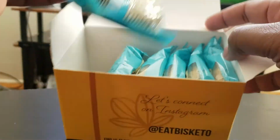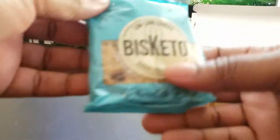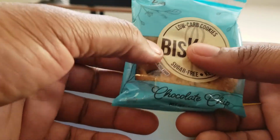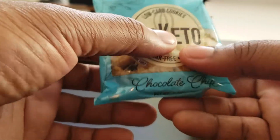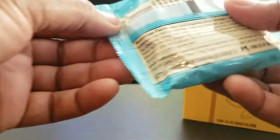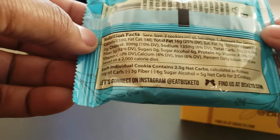Do a real quick video. So these are the cookies, and you see they're already crumpled up. You see they're very easy to break. Reading the back of this thing here,